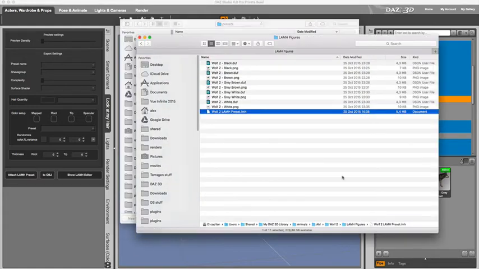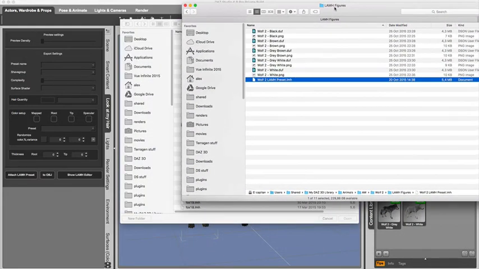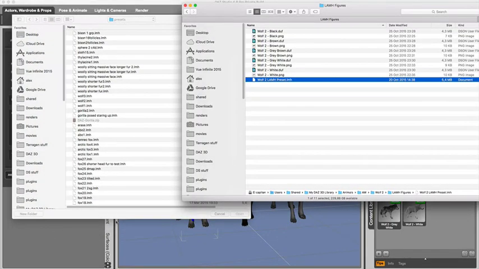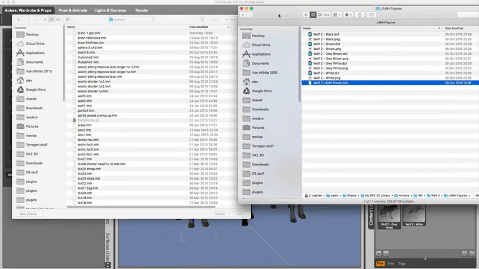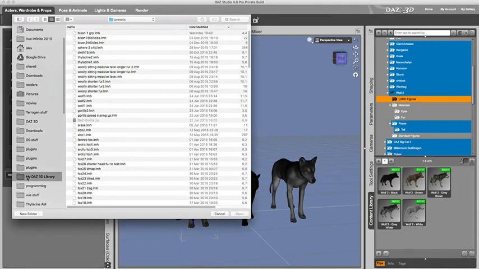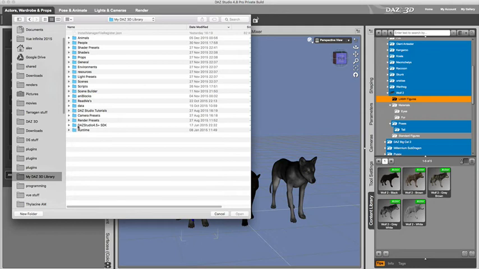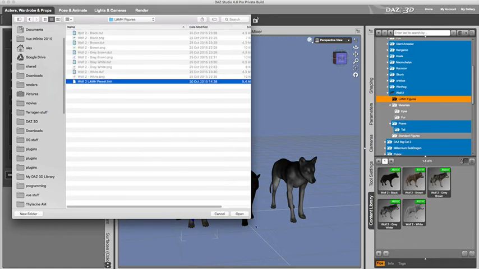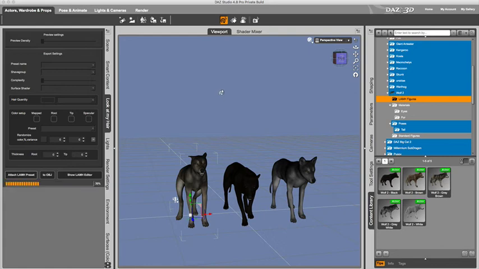So once again, it's in Users, Shared, My DAZ Library. Okay, I already know where it is. Animals, AM, Wolf 2, Figures, and here it is. So I click open,